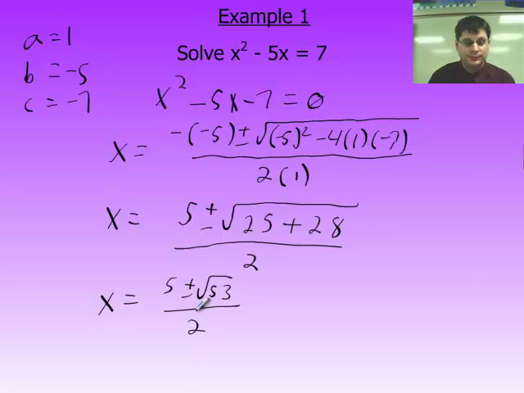Okay, so I would see if I could simplify this radical, but 53 I believe is a prime number, so we can't really do anything with that. So we have two answers: 5 plus the square root of 53 divided by 2, and 5 minus the square root of 53 divided by 2. And this is how I want the answers presented, as an exact